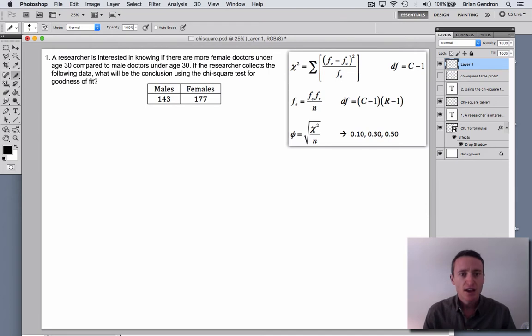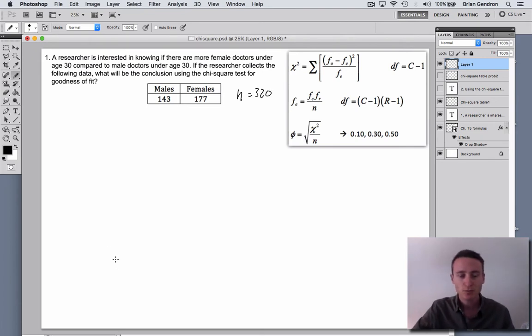So here it says a researcher is interested in knowing if there are more female doctors under age 30 compared to male doctors under age 30. If the researcher collects the following data, what will be the conclusion using the chi-square test for goodness of fit? In other words, the researcher goes out and samples a group of individuals. In this case, we have 320 people in our study. And how did I get that? Because 143 plus 177 told me that the total is a sample of